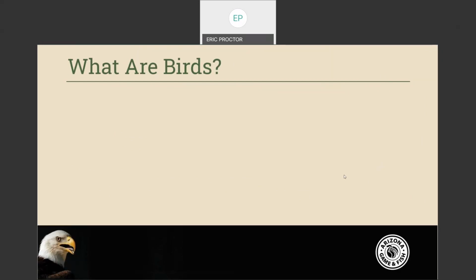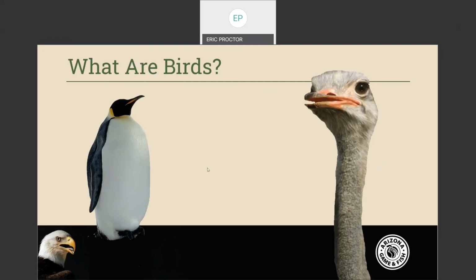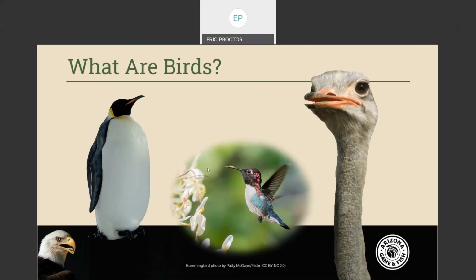But let's discuss these. Birds are vertebrate animals adapted for flight, but that isn't their only form of locomotion. Many can also run, jump, swim, or dive. Some, like penguins, have lost the ability to fly but retained their wings. Birds are found worldwide and in all habitats. The largest is the 9-foot-tall ostrich, and the smallest is the 2-inch-long bee hummingbird.